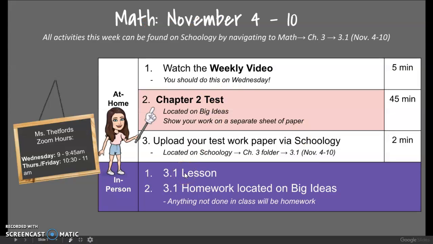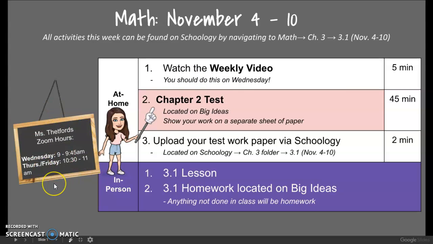In person, we're going to do Chapter 3 notes and the homework assignment, as well as an activity. And so I didn't give you that packet for the next chapter yet, so you don't have anything that you need to do before coming to class. Just make sure that this stuff is submitted before next Tuesday. I recommend the sooner you get the Chapter 2 test out of the way, the better.